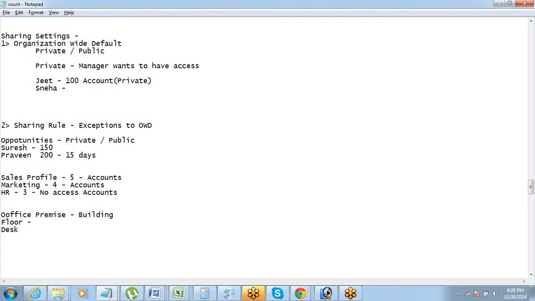The company says, okay, you will just go and sit at desk number 34, or they are free that whoever wants can go and sit with their friends for some time and work. So that is how it is. Profile has to do with whether a person gets into an app or an object. Once he has got into an object, whether he gets to see his own data or everyone's data, that is what the sharing setting is doing, right?